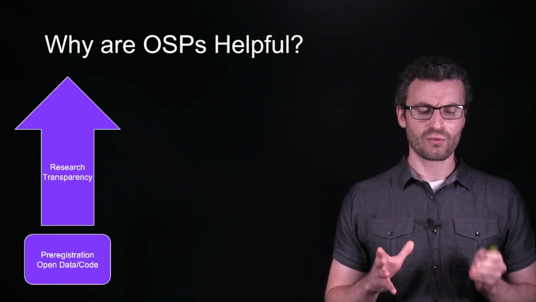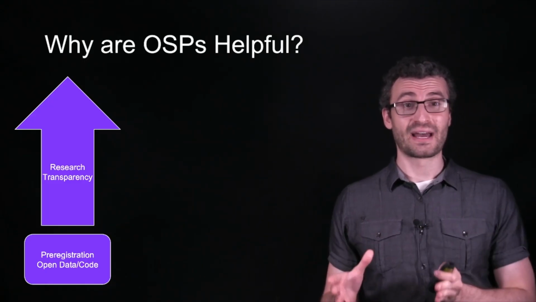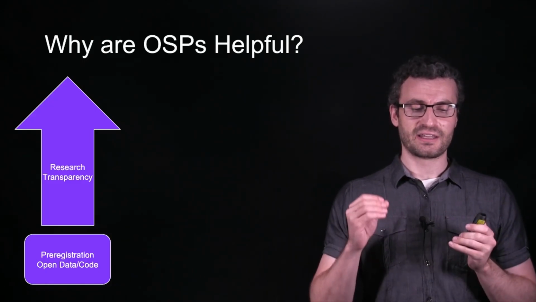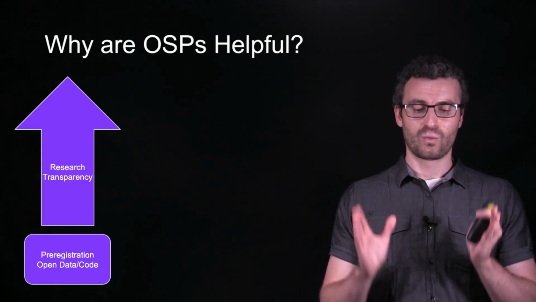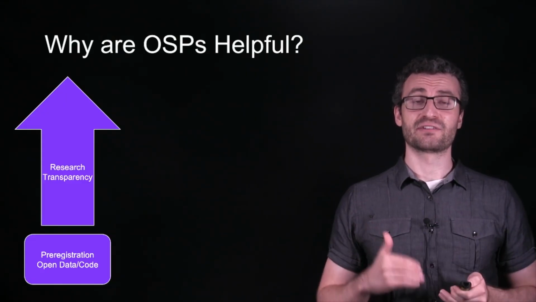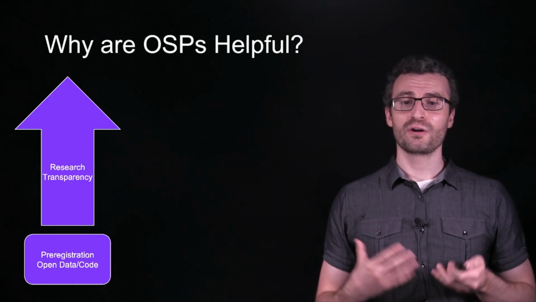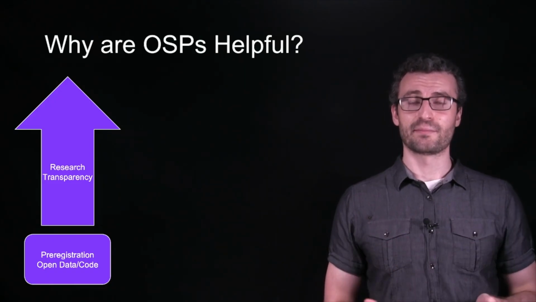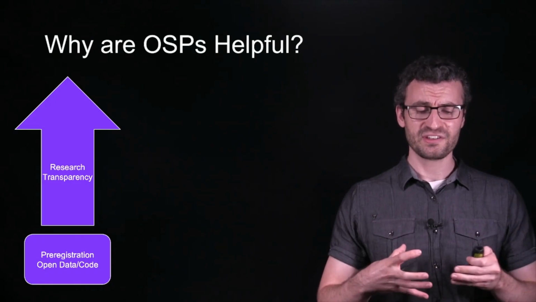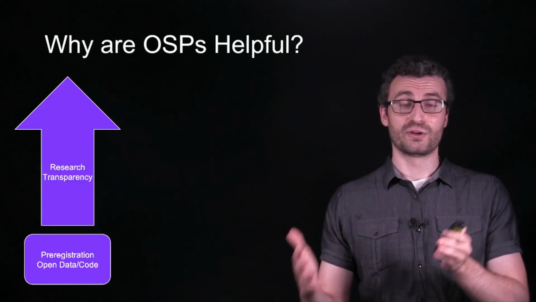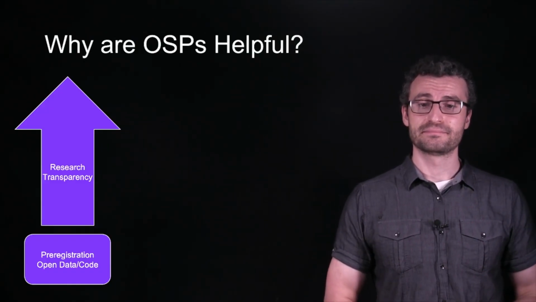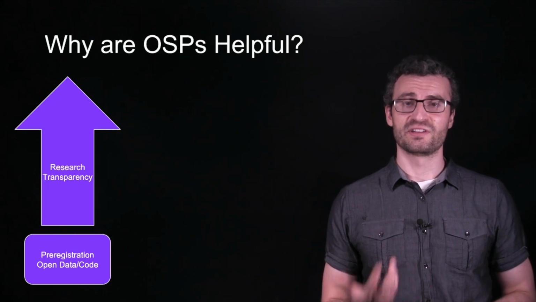And so in that way, researchers who are looking back on prior studies can see and ensure that what a researcher actually ended up doing is what they said they would do before the results were examined and seen. And so this makes it very transparent what the original plan was and what ended up happening. And with open data and code as well,